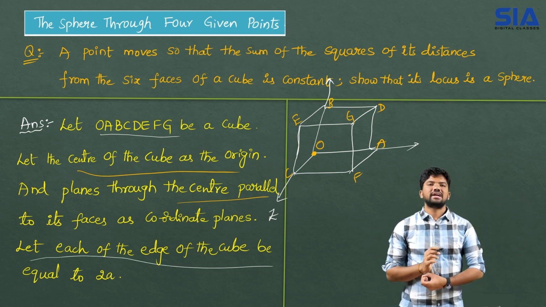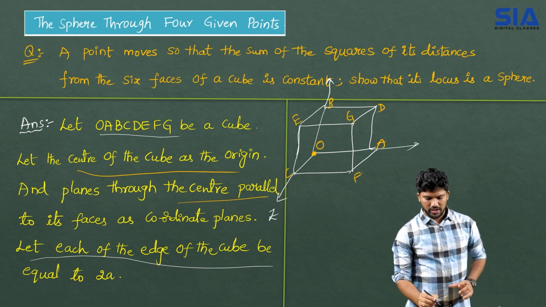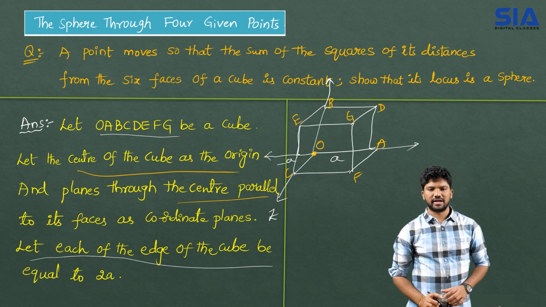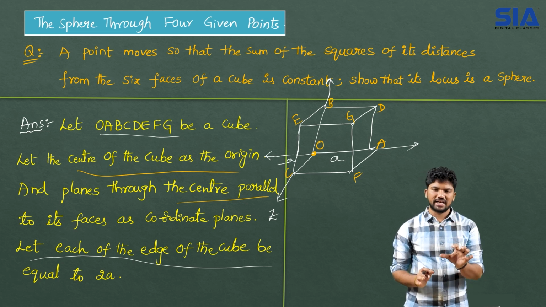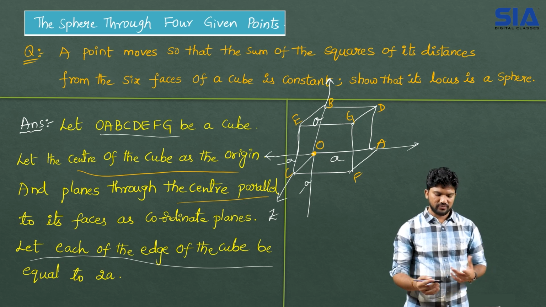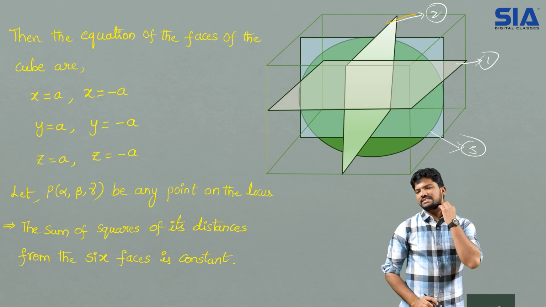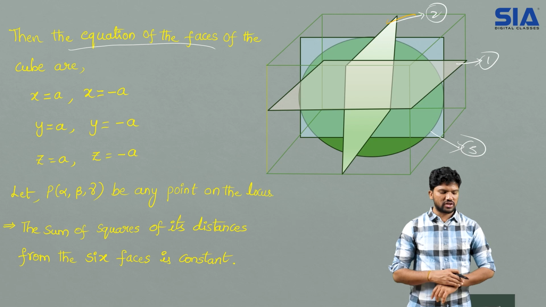Let each edge of the cube be equal to 2a. As I explained, if you take this distance small a, the negative part is also there, that is minus a. Plus a, so minus a plus a is equal to 2a. Same for the y-axis, minus a plus a is 2a. Same for the z-axis also, minus a plus a is equal to 2a. Then the length of each side is 2a. Now the equations of the faces of the cube are,